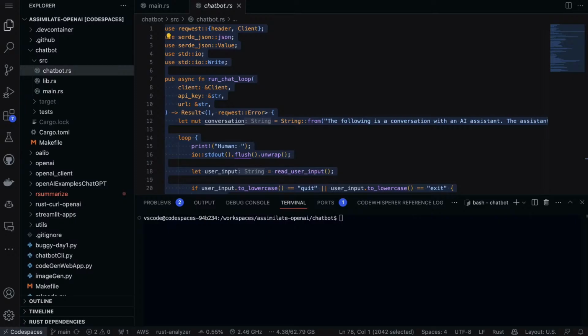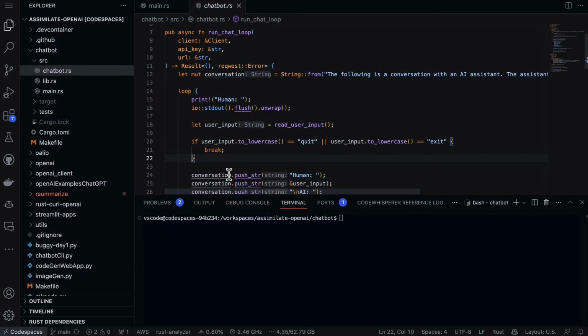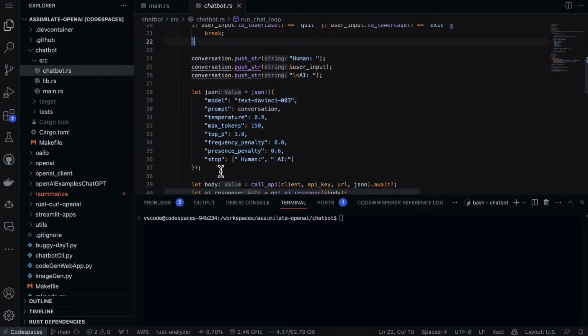user input first, and then it's going to send it to the API. It's going to print out the response, and then it's going to append both to the conversation. So the key functions here are a run chat loop. So main loop is going to handle the conversation, which is right here. The next part is it's going to go ahead and call that API, and this is where the API call